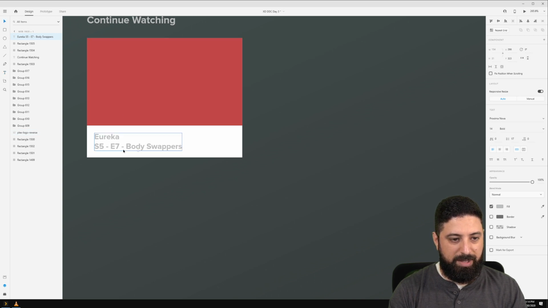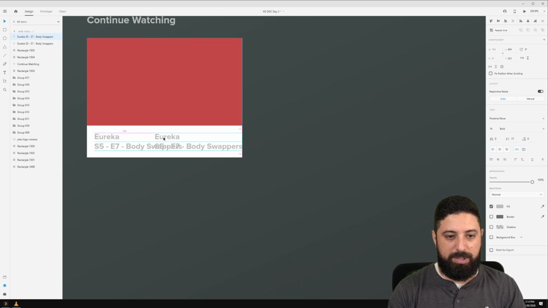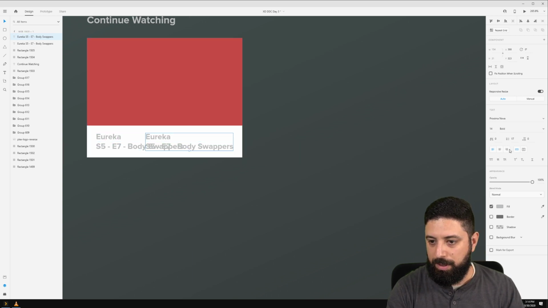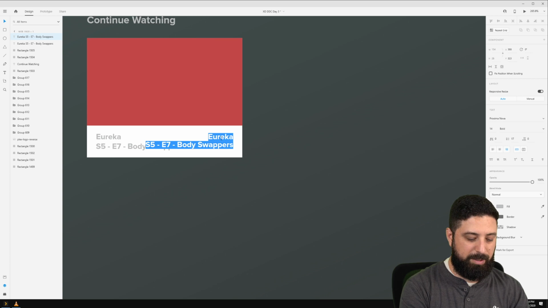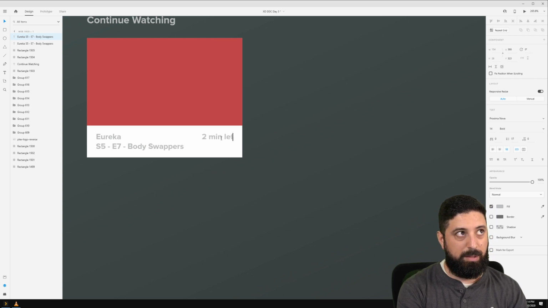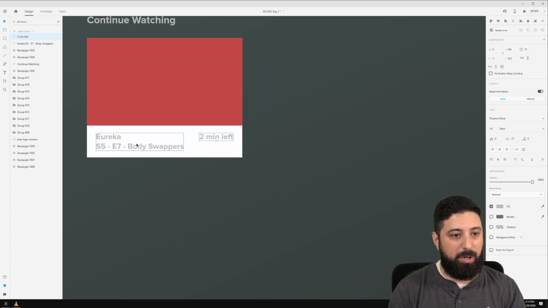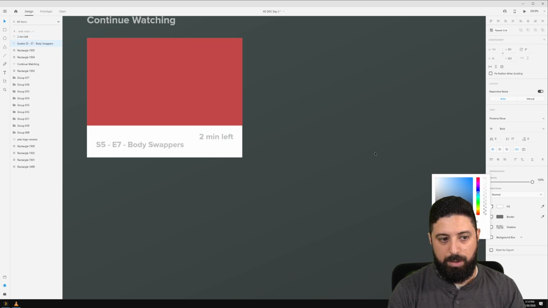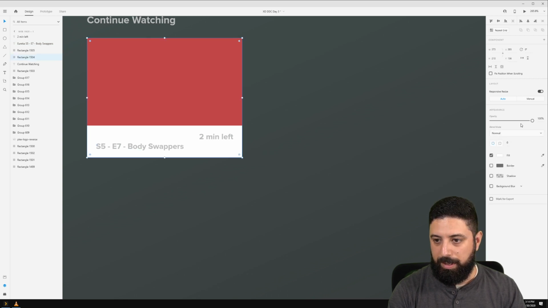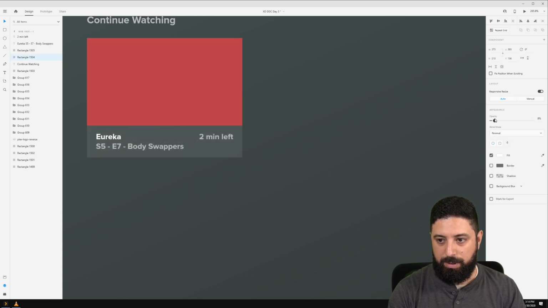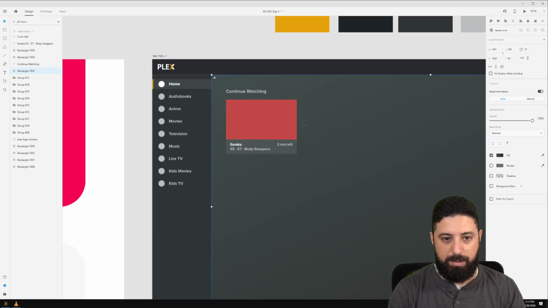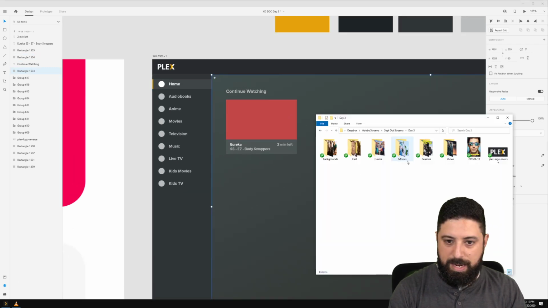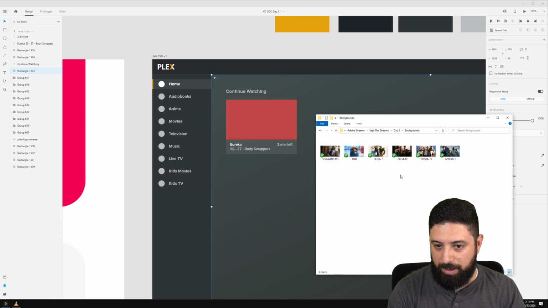All right, so I've got this in here, and then I want to put some text on this side as well. Let's go here, right justified, and then we'll say something like there's 2 minutes left. All right, perfect. And then I want this text to be white. And then I'm going to bring this opacity down. Again, maybe we'll do like 8. And that'll be perfect.